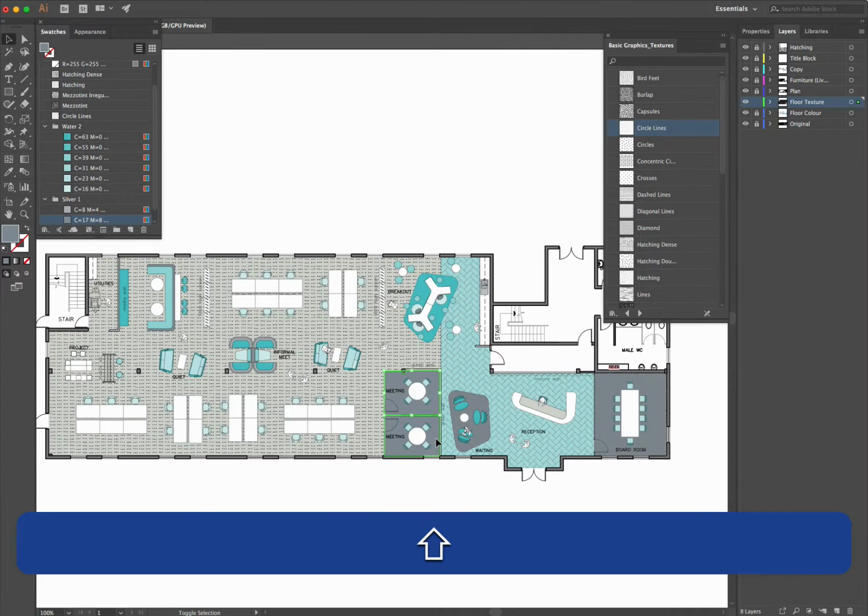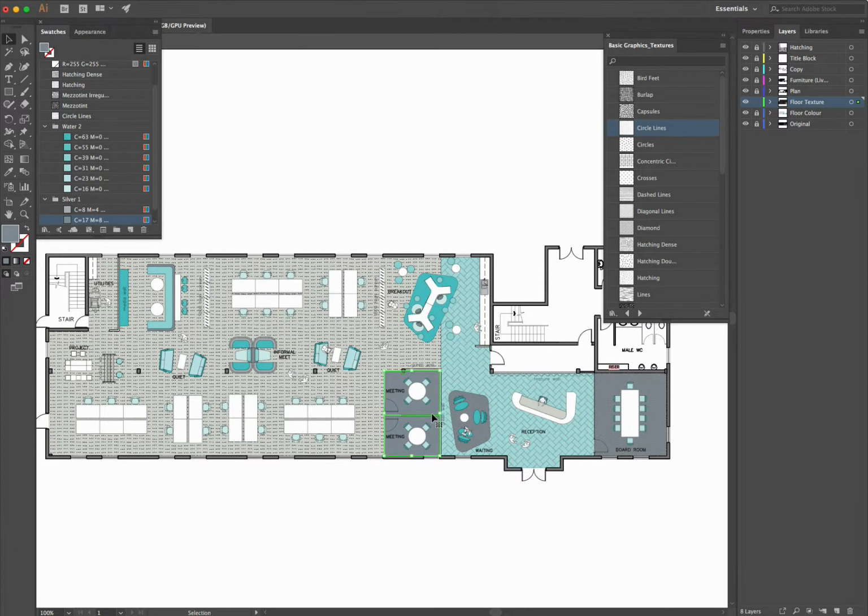Next, I'm going to select my two meeting rooms. Now, often with meeting rooms and boardrooms, I might put more of a feature pattern on them to make them stand out a little bit. But because we've already got a bit of different stuff going on here, I'm actually just going to use the same circle line pattern. Now you can see it still looks a little bit too intense,